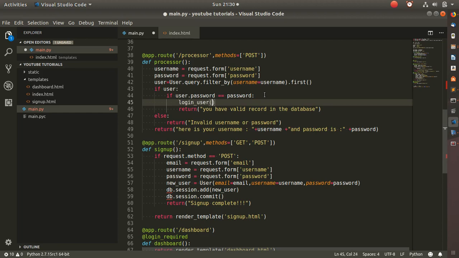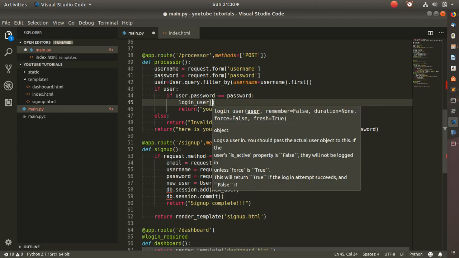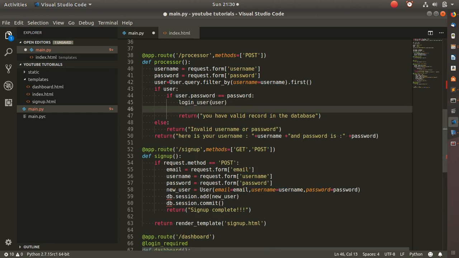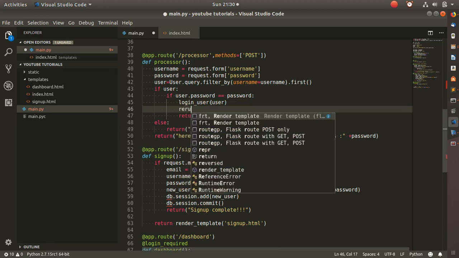So I'll paste this, then I'll log in this entire variable. So this was saved into our session. Once this is saved, then we can return the user